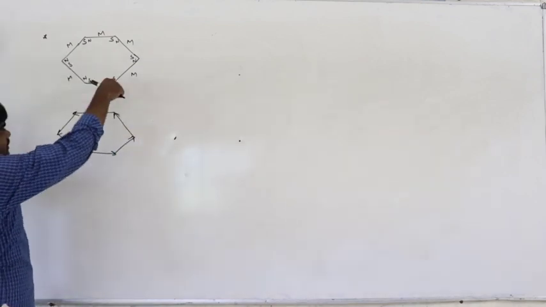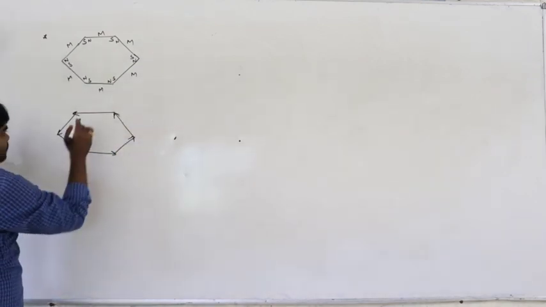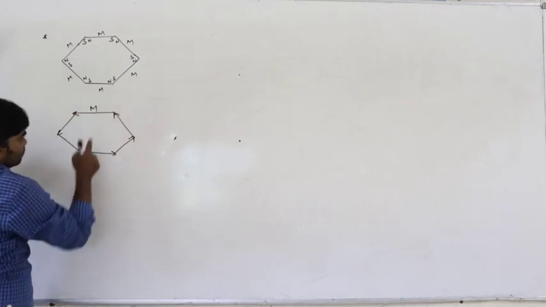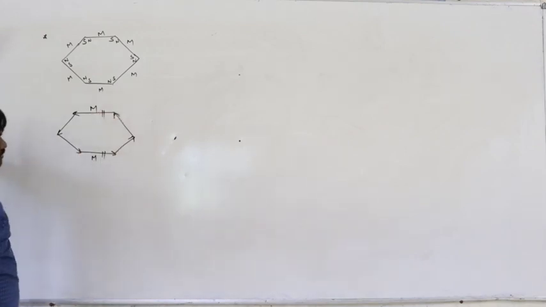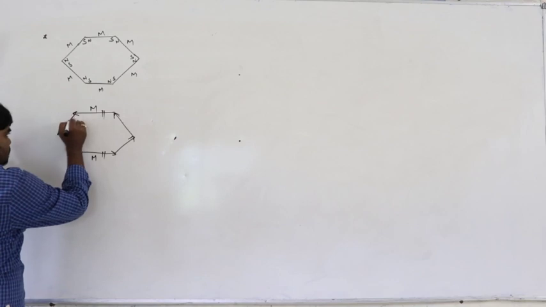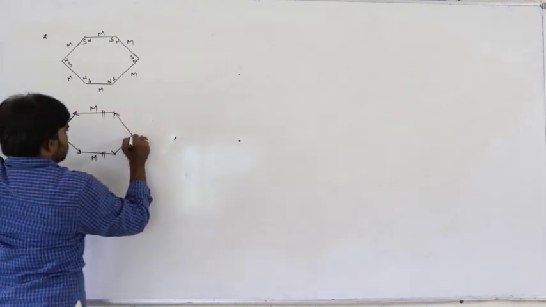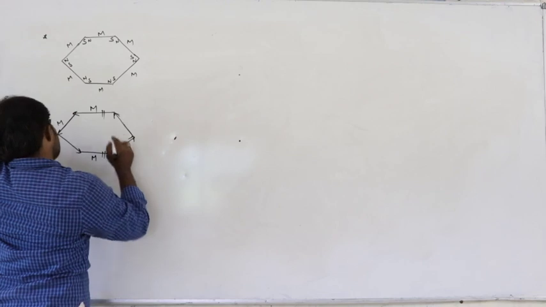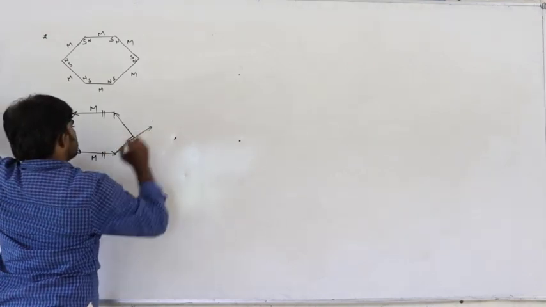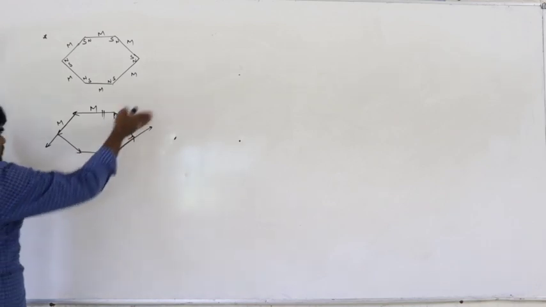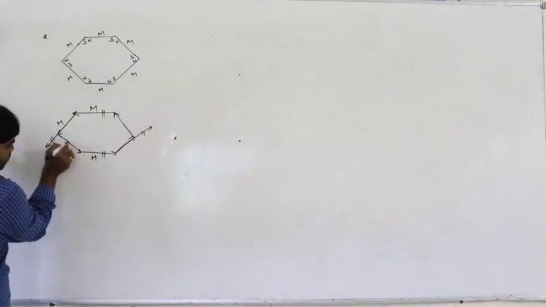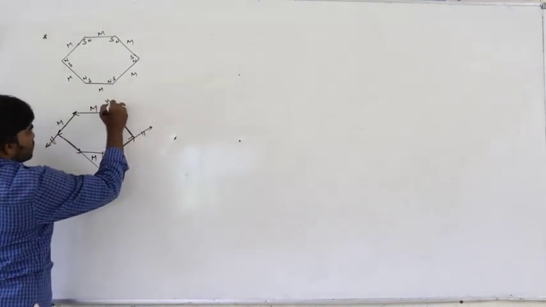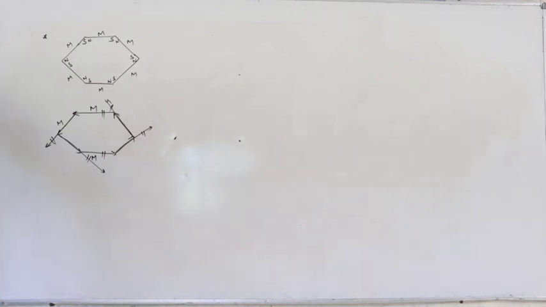All are identical magnets, which means the magnetic moments must be the same. This is M and this is M. This is the negative x direction, this is the positive x direction, so these two will cancel each other. Next, this is in this direction M, and this is in this direction, both in opposite directions, so these two will get cancelled. And this one in this direction and that one in this direction, these two also will be cancelled. So the net magnetic moment must be 0.